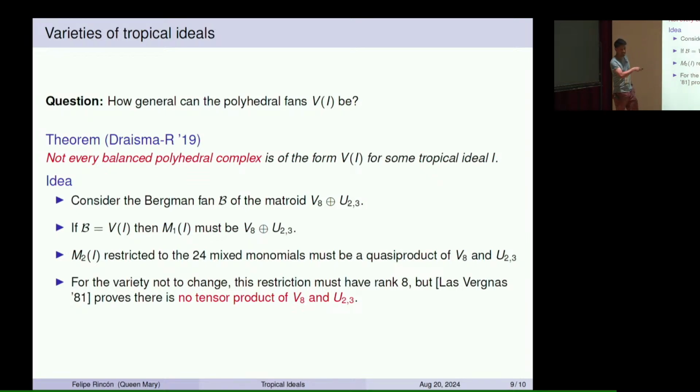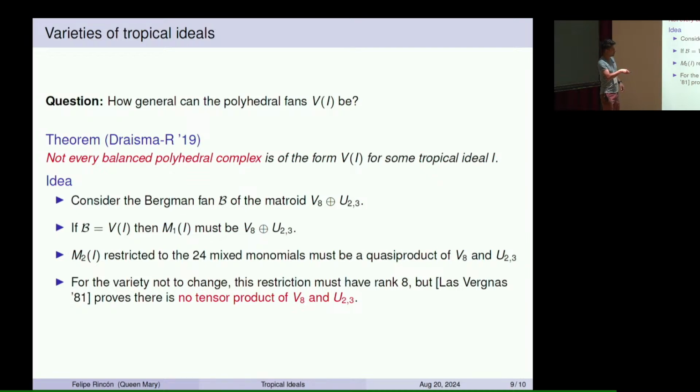So the fan that we proved can never be obtained as the variety of any tropical ideal is the matroid fan of the Vamos matroid direct sum with U2,3. So a matroid on 11 elements of rank 6. And the argument was something like, well, if you want the variety to be the matroid